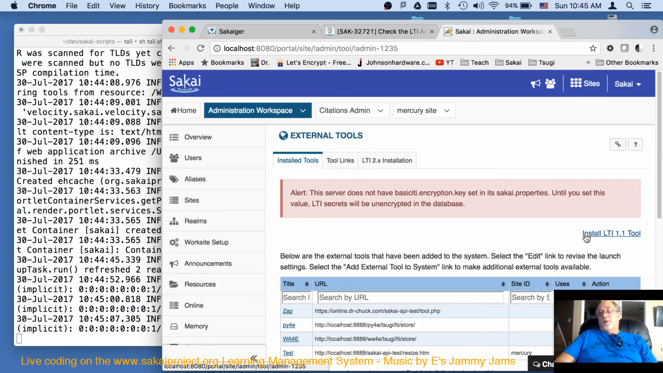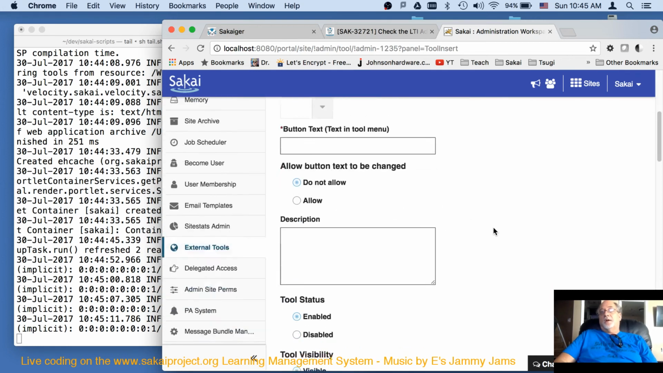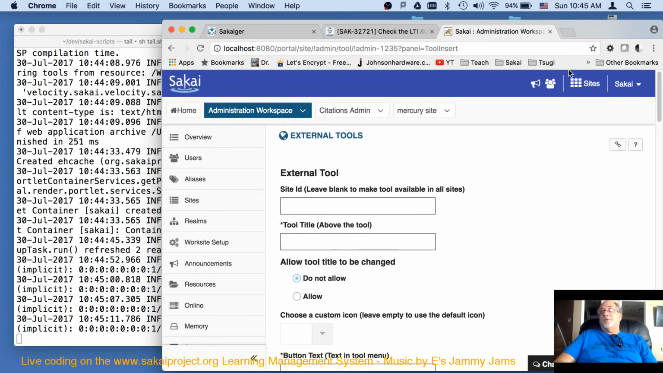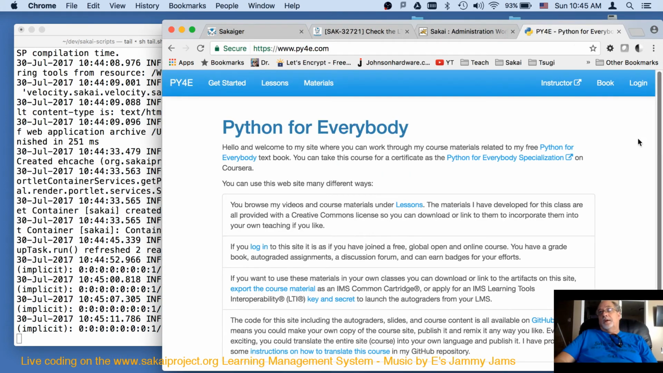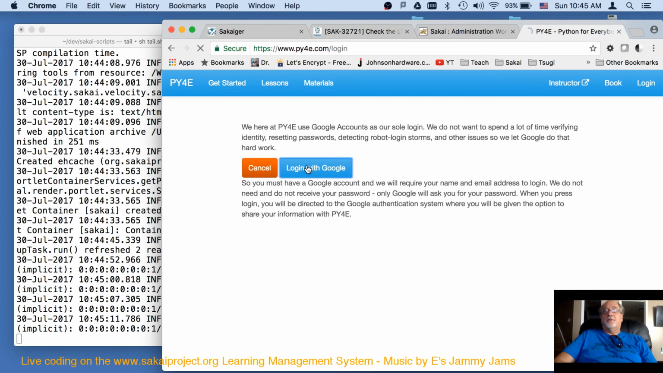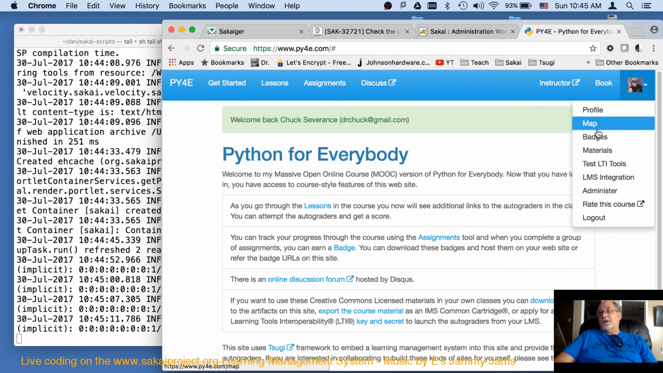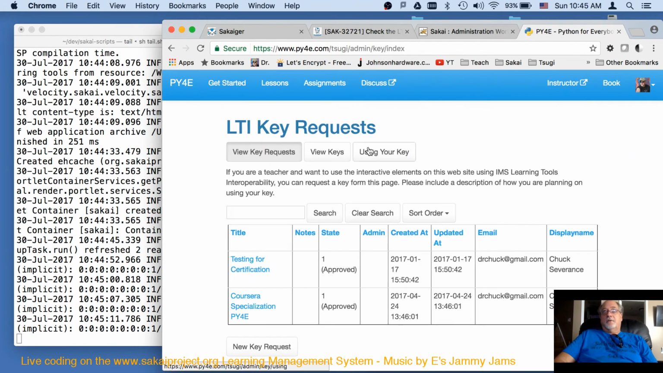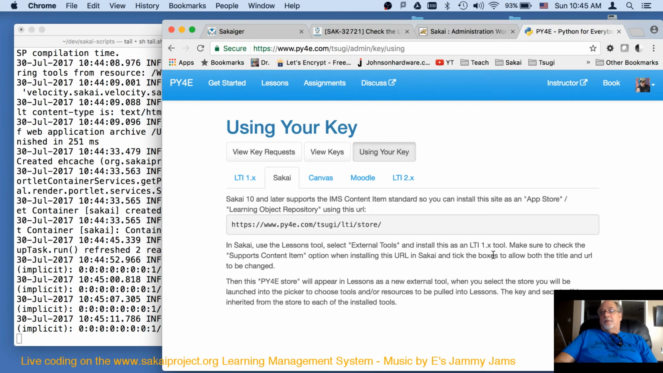Okay, so where I'm going to work here is right in this screen, this tool right here. The basic problem you have is if you go to Python for everybody and ask Python for everybody to integrate into Sakai, Python for everybody has to give you these instructions. It's like, what am I going to do with Sakai? In Sakai, it says, make sure to check the tick boxes for supports content item, title and URL to be changed. You probably watched me do this demonstration a bunch of times, but